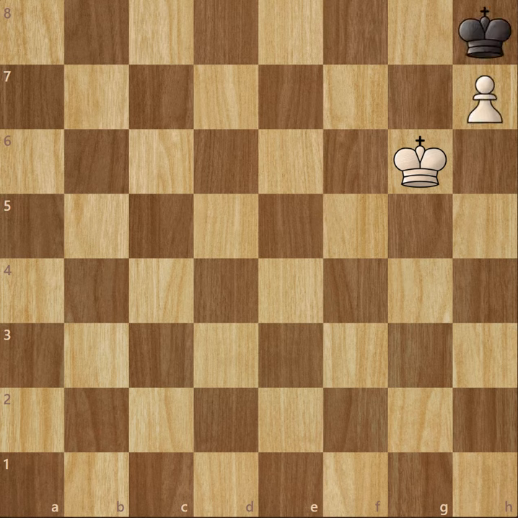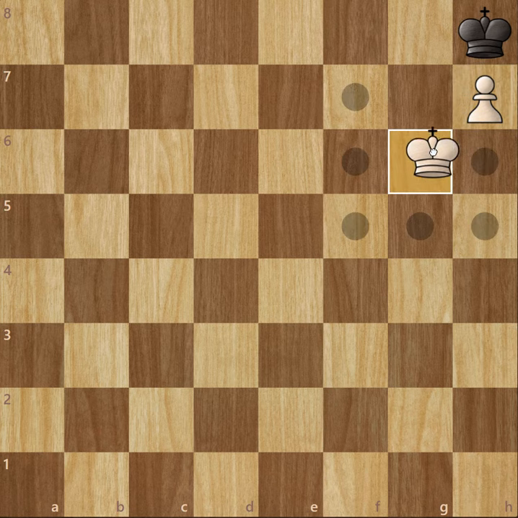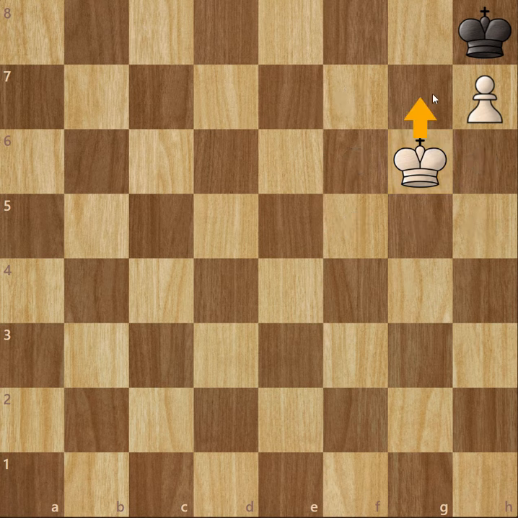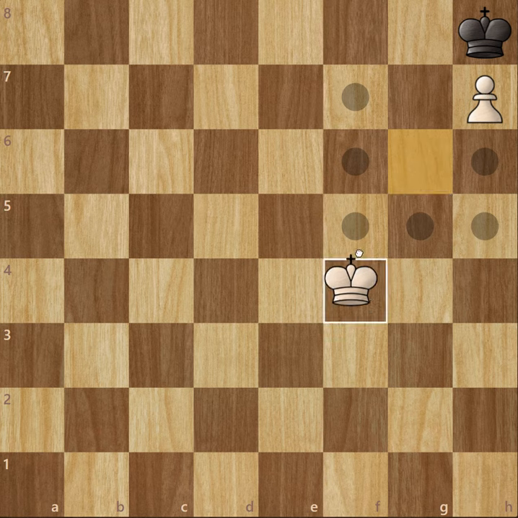Yes, let this be the position. So now what happens is it's white's chance again. So let's see, this pawn can't move because the black king is blocking it. So if the king moves, the king has few moves. Remember, two kings can never stand together as they'll be in check. So the king can't come here. This square is covered by the king's pawn. So the king can come here, here, here, here, here, or here.